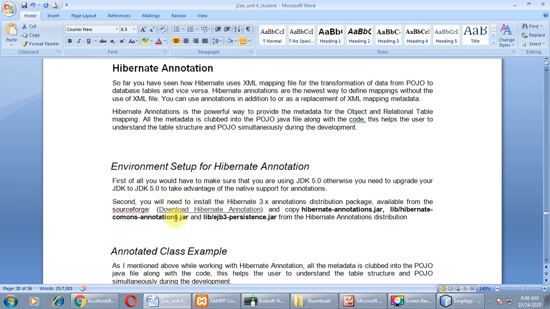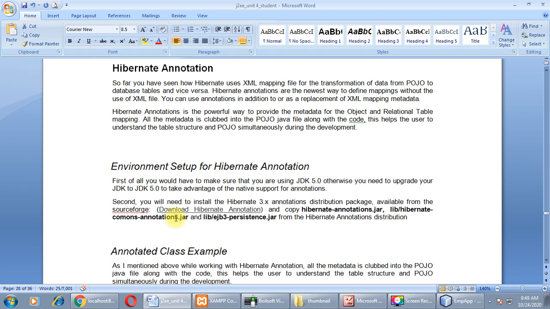So now which type of environment setup is required for Hibernate annotation? See, let me tell you, we need all the Hibernate related files, then some more jar files which are required for binding annotation in your Hibernate framework, right?